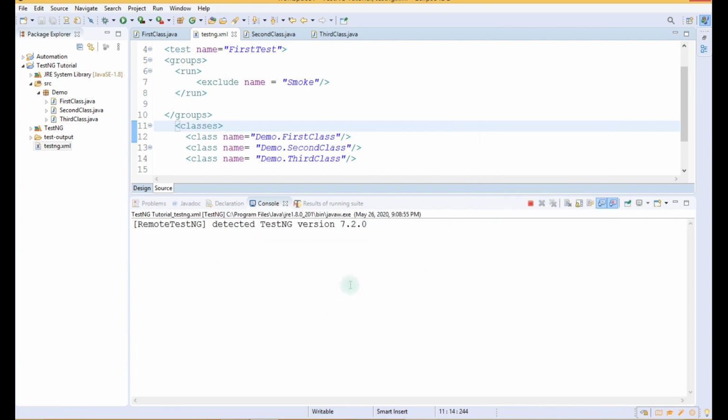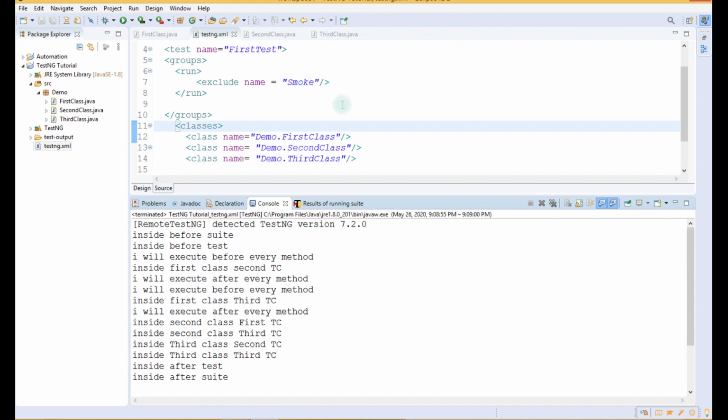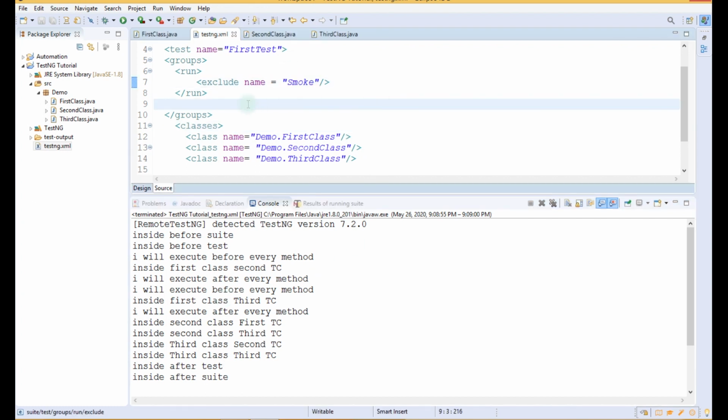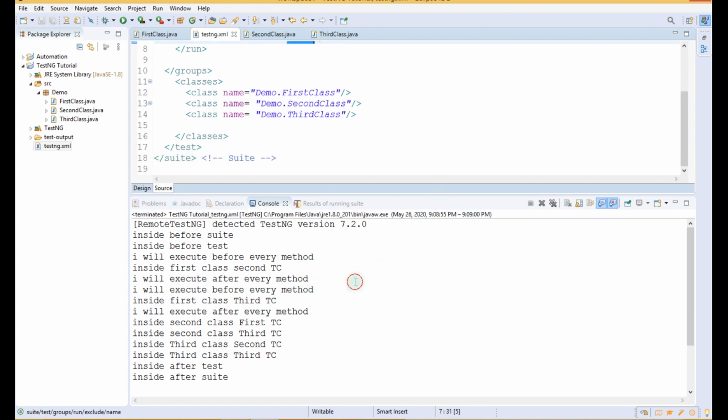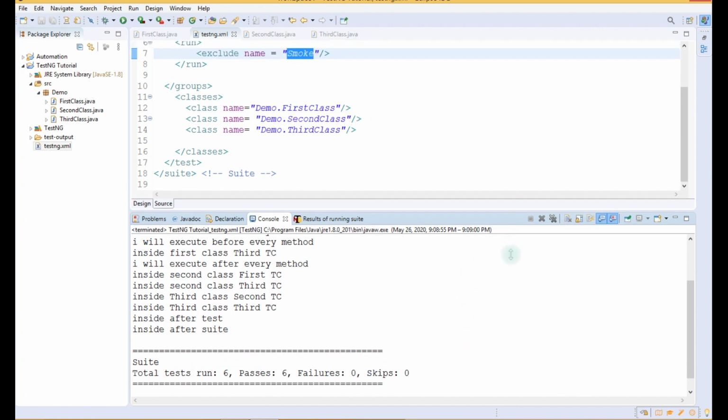So these 3 test cases should not be present in the output. So as you can see, this time there are total test cases run as 6. So here in the output you will not find the output statement for the 3 test cases that are present in this group smoke. So it has excluded this group smoke from the execution. So only the 6 cases are executed and all the 6 cases passed. So this is the concept of groups.